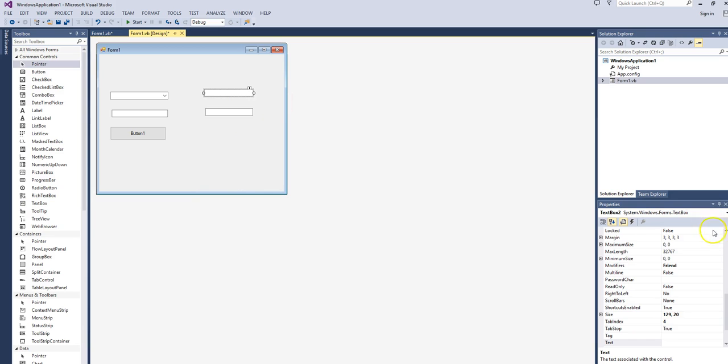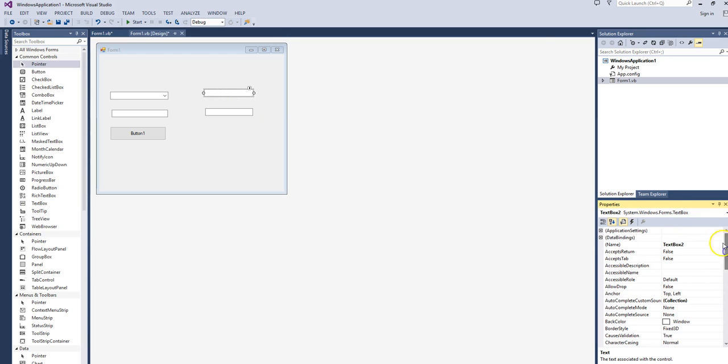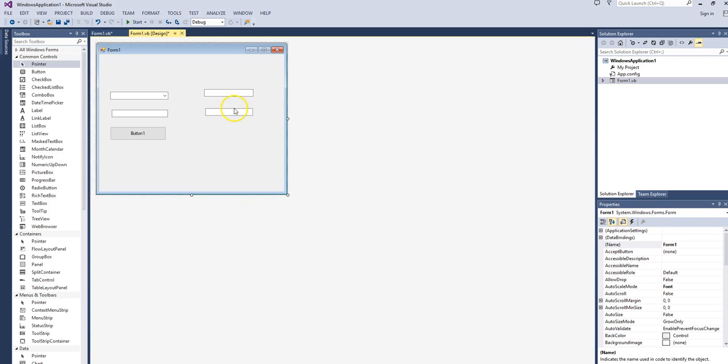So that one can be called over here txtPercentage, and this one can be called txtNumber. And these 2 text boxes are going to display whatever's put in here when I click that button,